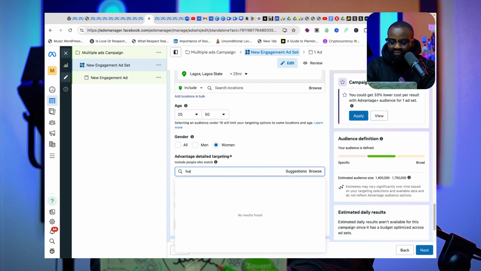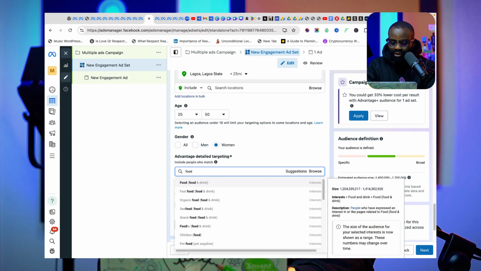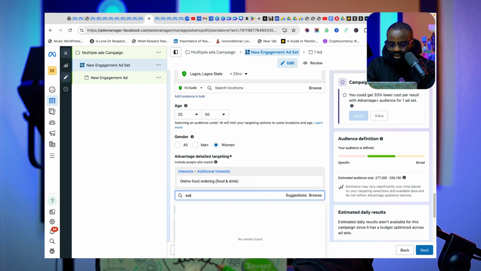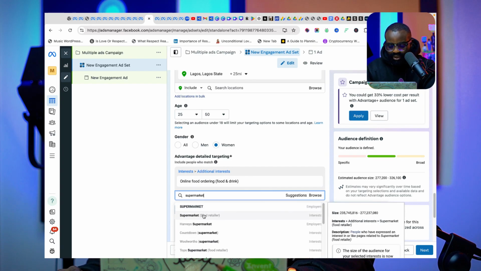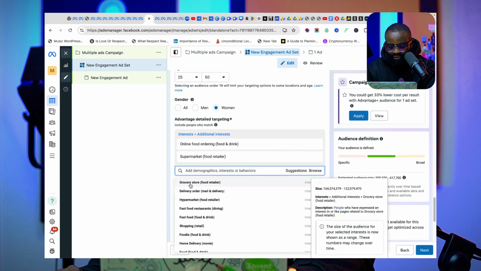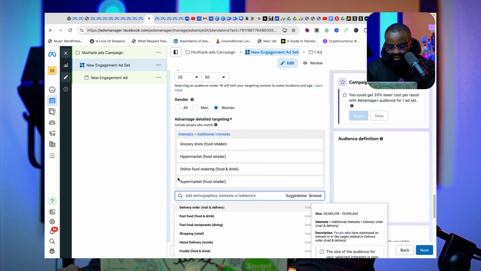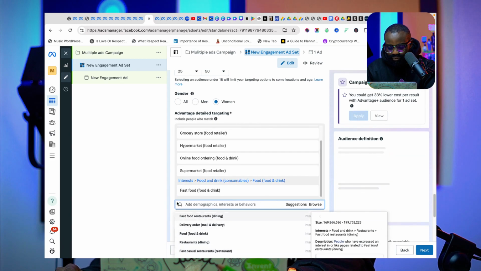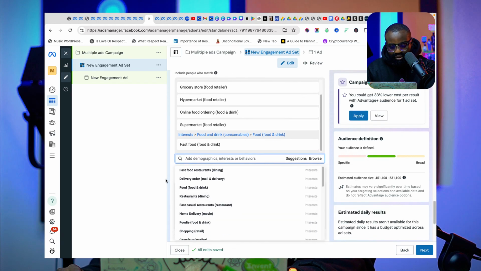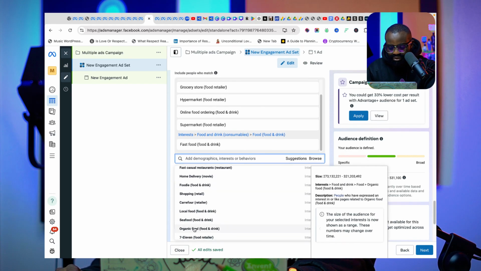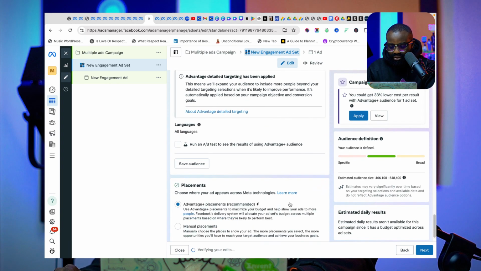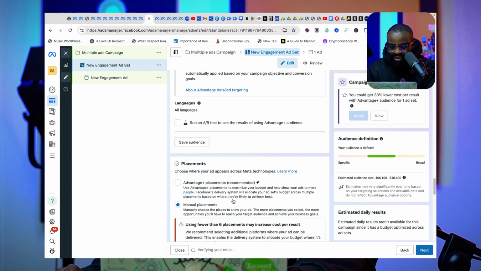Now this is for a food business. So I'm going to put food ordering, online food ordering, supermarket. So this person sells food stuff. Okay, so I'm going to use supermarket, suggestion, grocery store, hypermarket, what else? Convenience store, fast food. You know, just pick a lot of all this local food, right? So I'll just pick a lot of this and let's just move on, right? Placement, I mean, Instagram DM definitely.